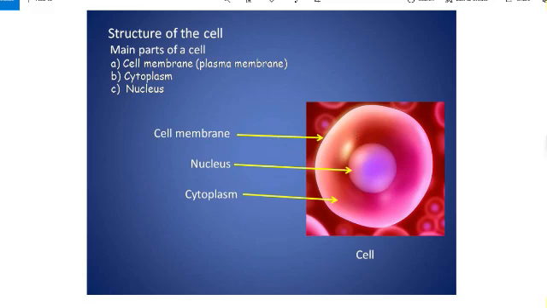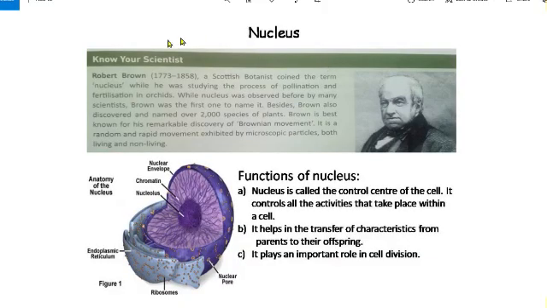So let us see. Nucleus. In your book, a brief description about a scientist is given, Robert Brown. Robert Brown, a Scottish botanist, coined the term nucleus while he was studying the process of pollination and fertilization in orchids. So he was a resident, he was a citizen of Scotland, that's why Scottish. Botanist,